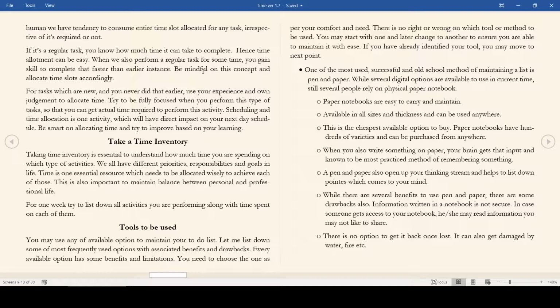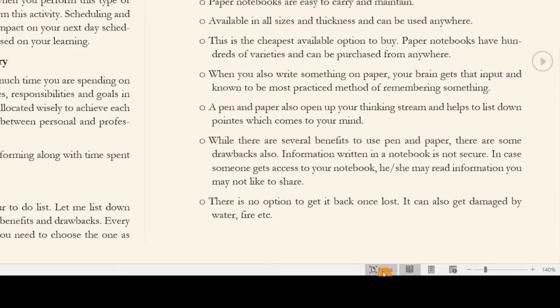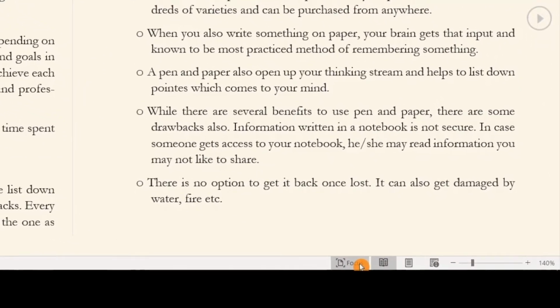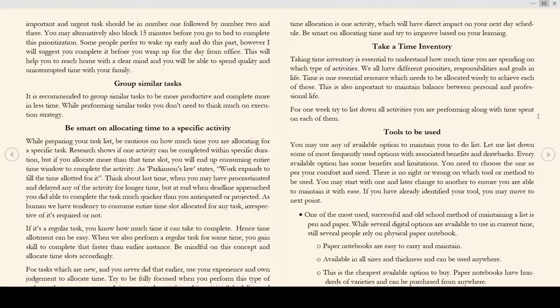Another feature there is focus. If you wanted to focus on this particular document and you wanted to remove everything else, then again, if you go to this right bottom part of the page, this particular icon is there, focus. What it will do, it will take you to the full screen mode. Let me click on that. You can see now this entire document in the full screen mode. Nothing else is there except those text in this particular document.